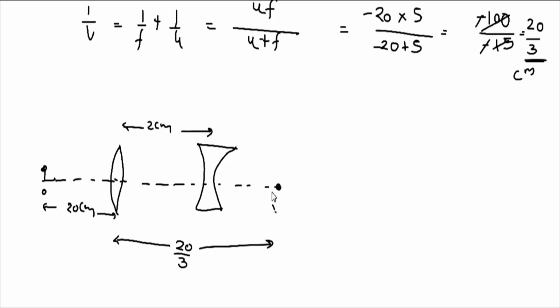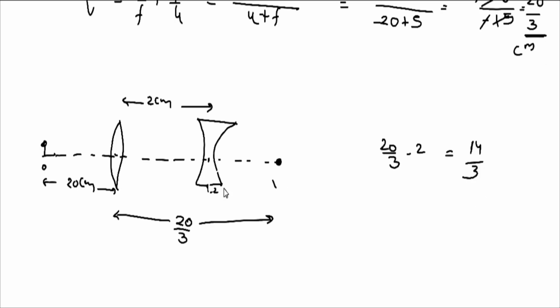तो यहाँ से 20/3 सेंटीमीटर पे इमेज बनेगी। अब देखो, L2 के लिए ये इमेज ऑब्जेक्ट का काम करेगी। अब इस इमेज की डिस्टेंस अगर मुझे फाइंड करनी है L2 से, तो सीधी 20/3 - 2, यानी कि 14/3। अब हमें लेंस 2 के लिए लेंस मेकर फॉर्मूला अगेन लगाना है, जिससे हम फाइनल इमेज की पोजीशन फाइंड कर पाएं।